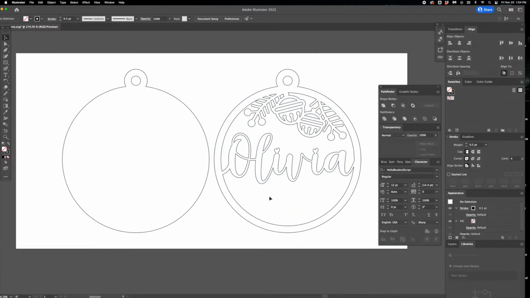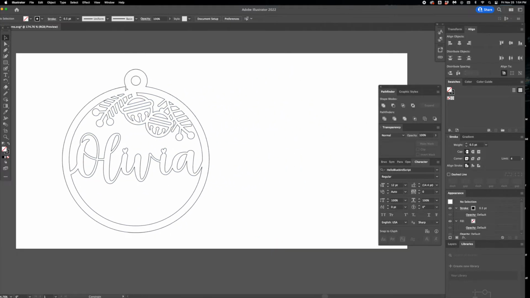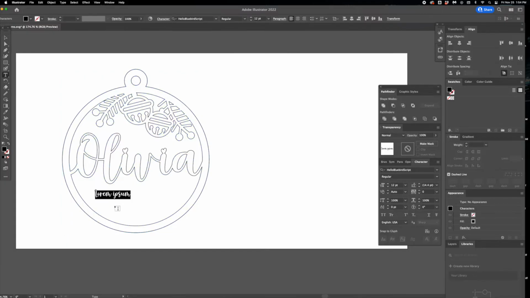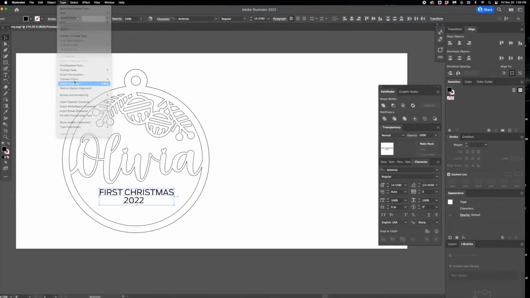So if I wanted to add an engrave, which I probably do, underneath, I just take this and put it over top of there. And I can just do whatever I want here, like First Christmas. That's an ugly font. Let's change that font. First Christmas, maybe you want to add like a 2022. You guys select whatever font you want. And then you would go to Type, Create Outlines,